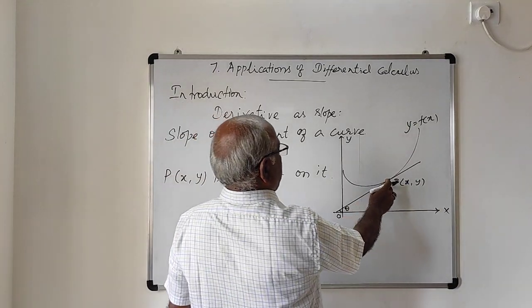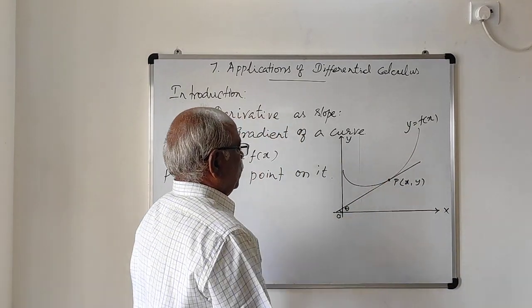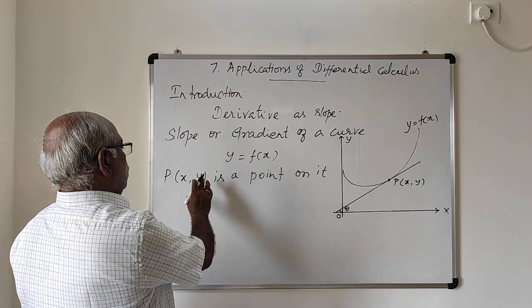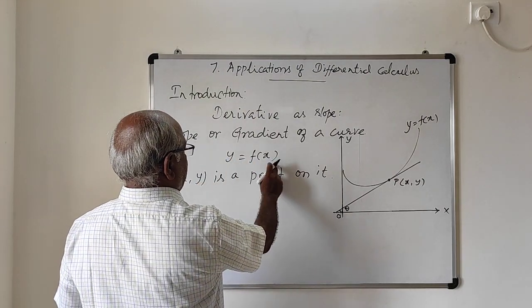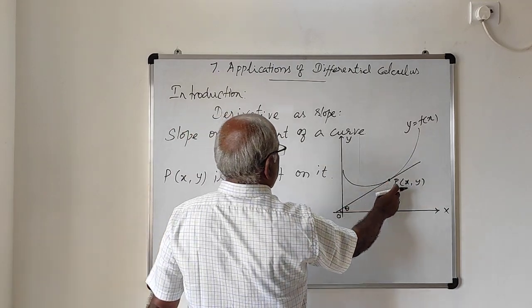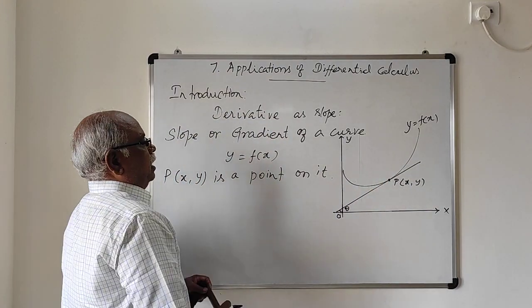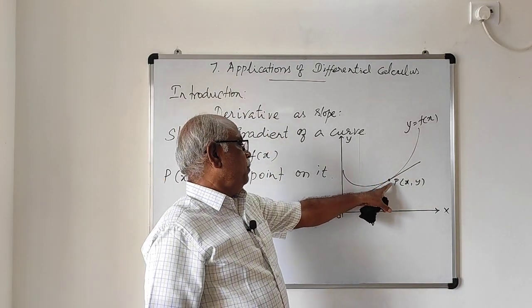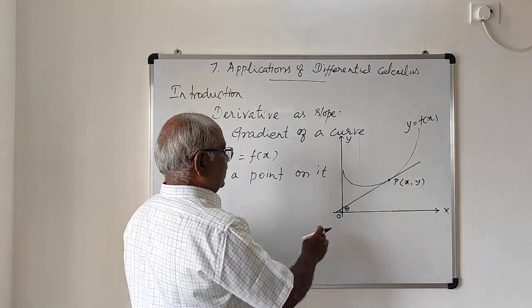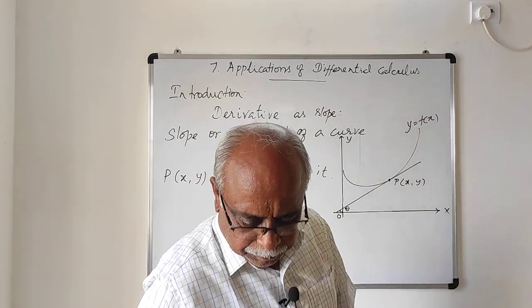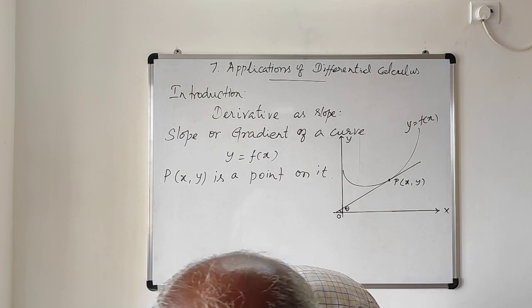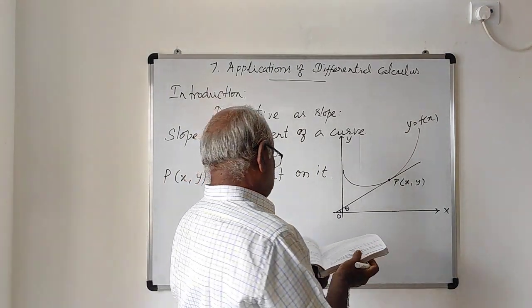P, x comma y, is a point on the curve. Now the gradient or slope of the curve y equal to f of x, a given curve, with P, x comma y, a point on it. If you draw a tangent at the point P to the curve, it makes an angle theta with the positive direction of the x-axis. Okay. Now